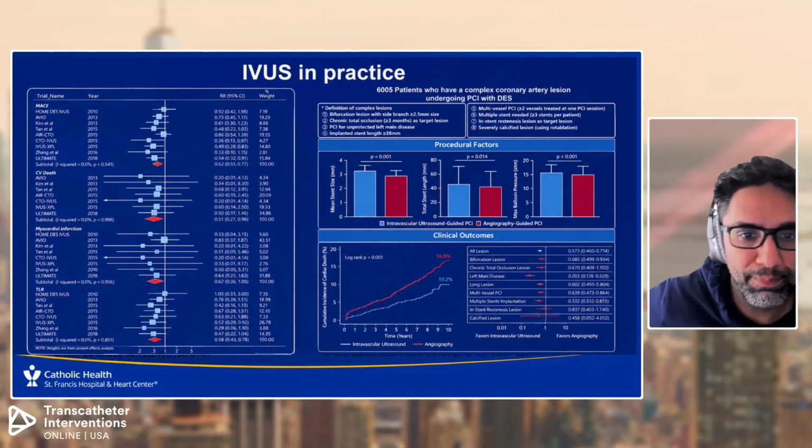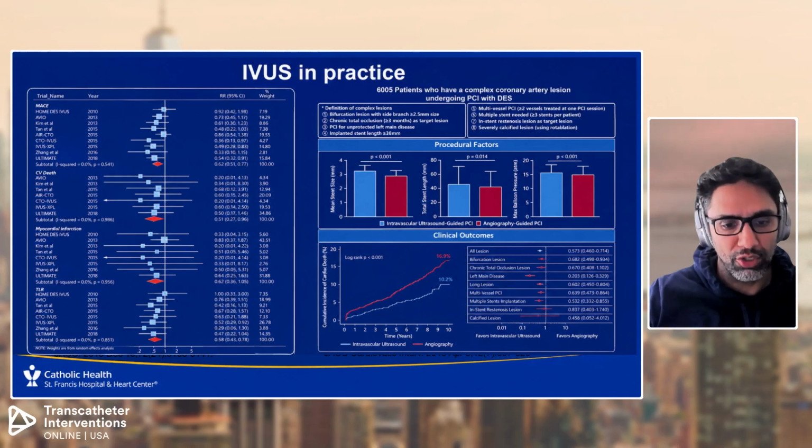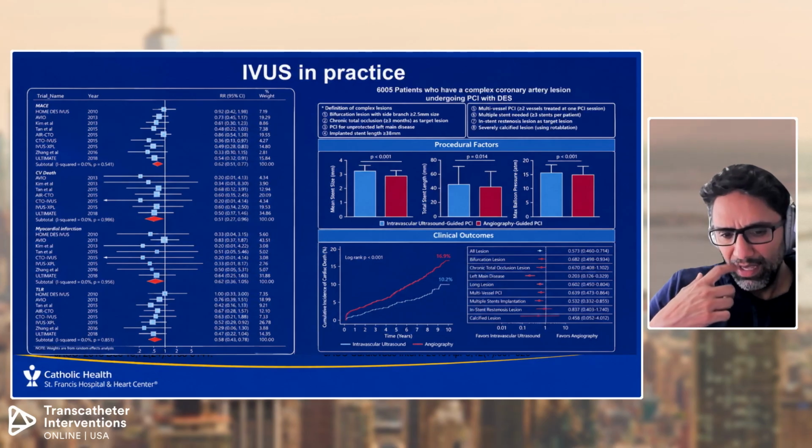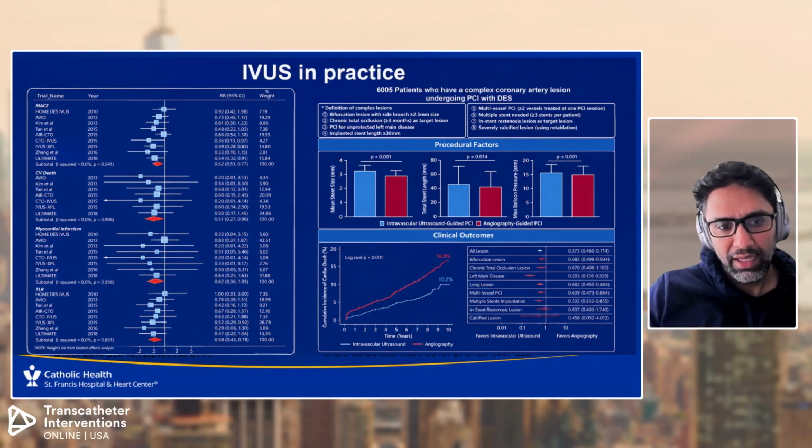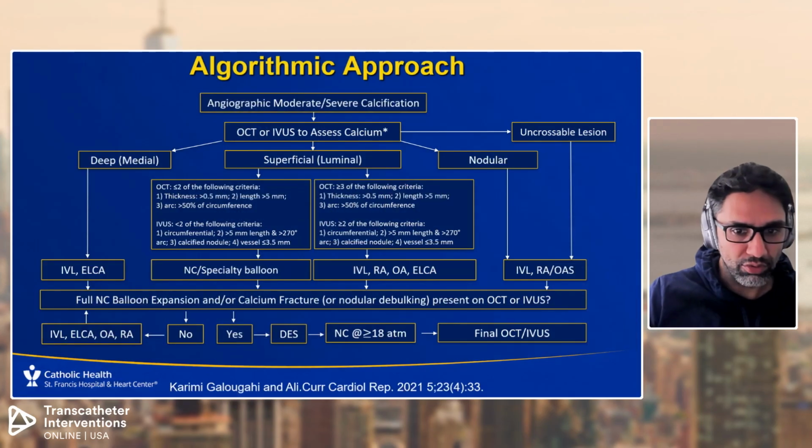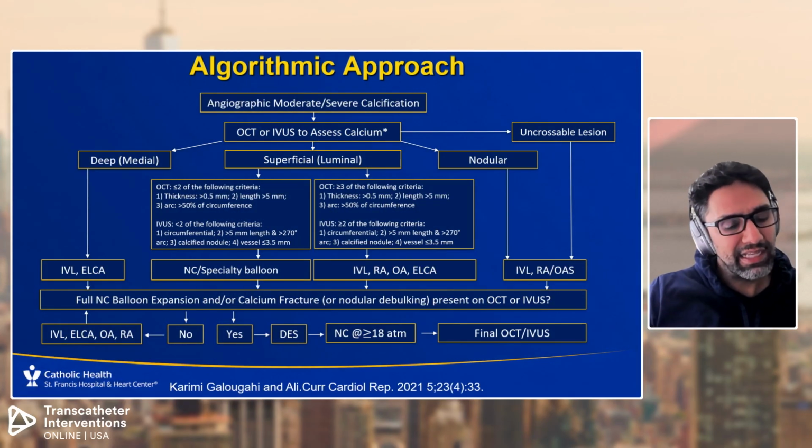Now, let's talk about this important registry that was published some years ago. In this very interesting registry of almost 6,000 patients of complex PCI, what you'll notice is that out of all the risk factors, the only complex lesions that didn't benefit from intravascular imaging guidance in practice were in-stent restenotic lesions and calcified lesions. So that kind of left me scratching my head, because why is it that in practice, these two very common risk factors don't lead to a benefit when we have the anecdotes that we do? And the reason is because